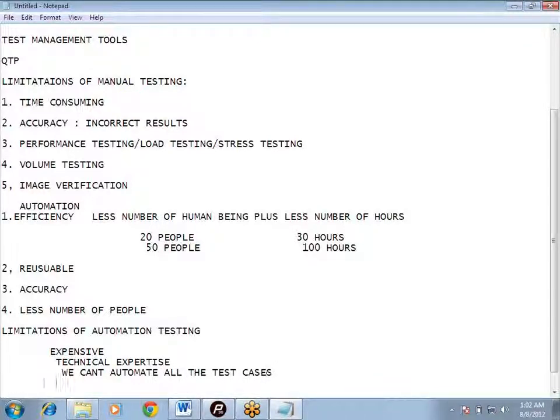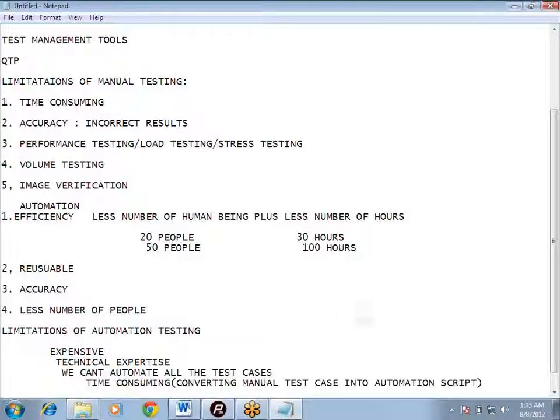Then we can say it is time consuming. To convert a manual test case into an automation script, it's time consuming.